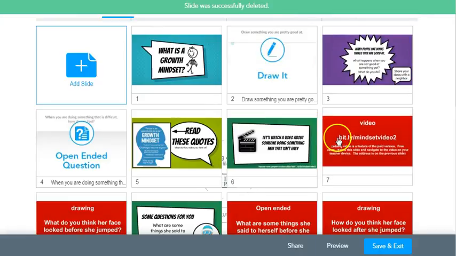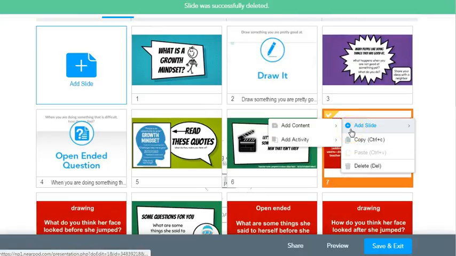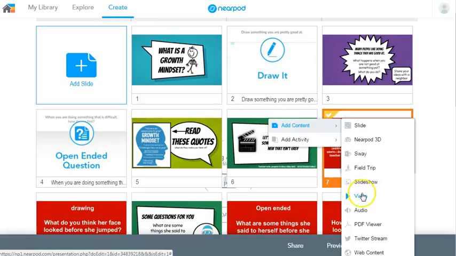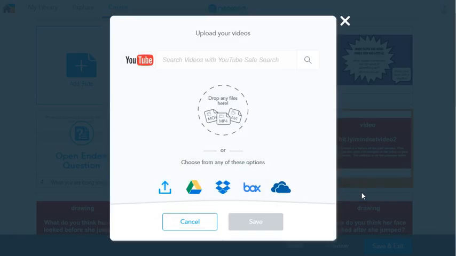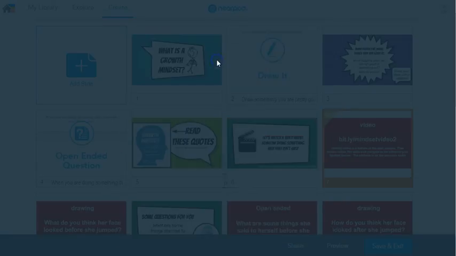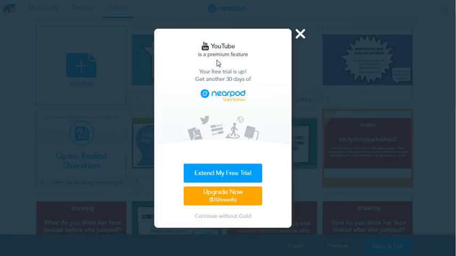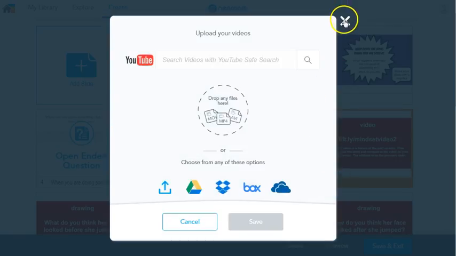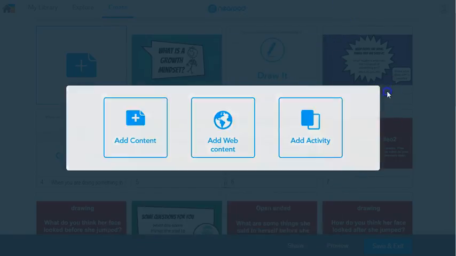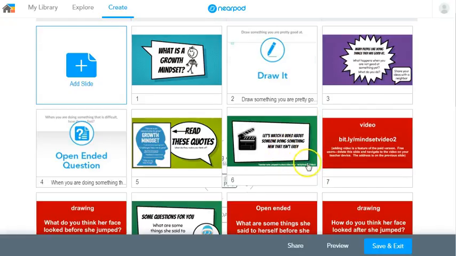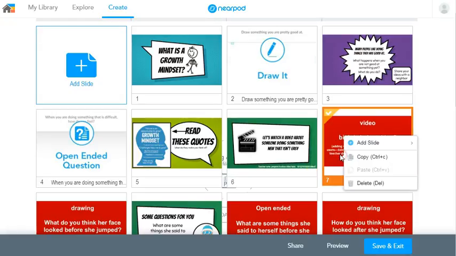Okay. Now for a video, to add a video, I'm going to add content and choose video. Okay. And then I need the URL for the video. That's actually a paid feature though. So if I had the gold edition paid, I would just put in the URL of the YouTube video there. Since I'm working on the free, what I do is I just put in this slide that has the address down here. So when I'm leading it as a teacher, I can see the address and I can go to that slide and show the whole class. So I'm just going to delete